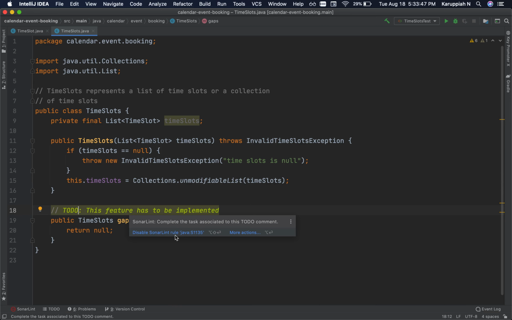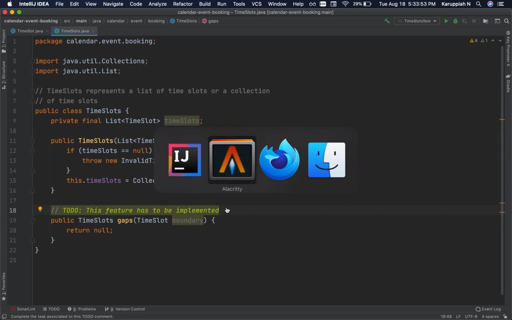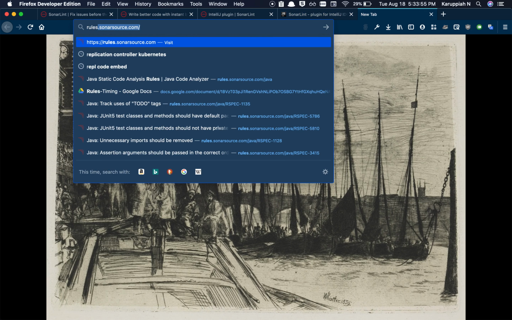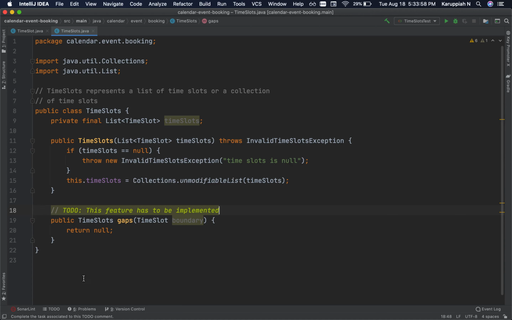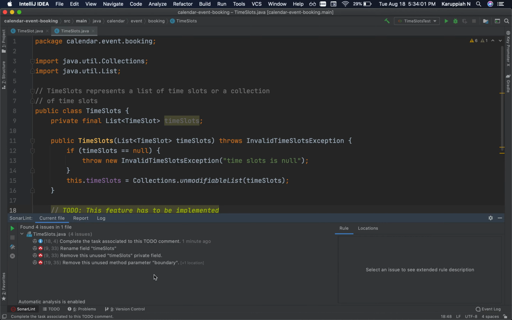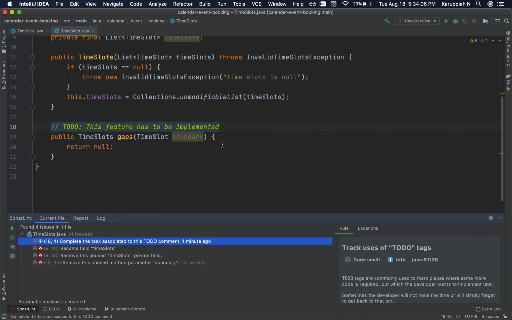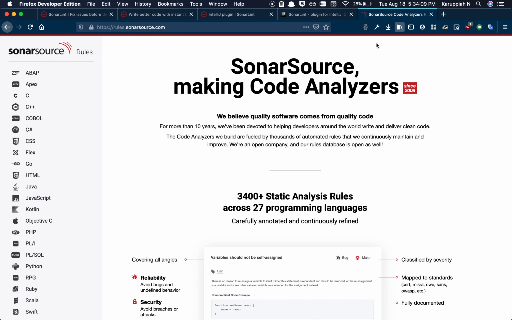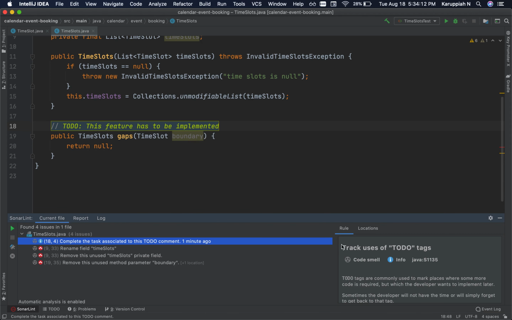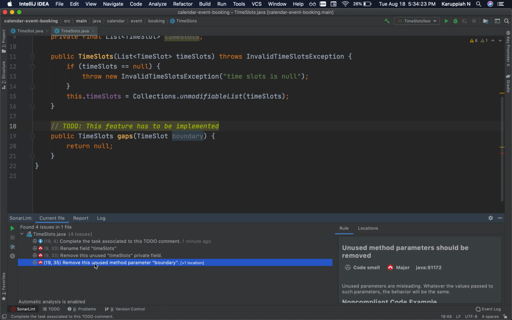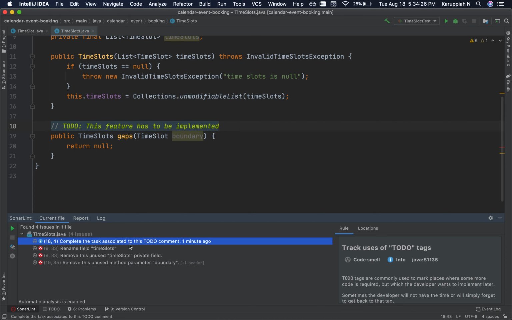So it says disable SonarLint rule Java S1135. Right? So the rule number is S1135. You can go to the Sonar rules, or you can actually click SonarLint over here and find out more about it. You don't even have to go to the web browser and look up the rule using the rule number. Instead, you can just see it from here in your IDE by going to the SonarLint section and clicking on the different issues that SonarLint has found in your code.